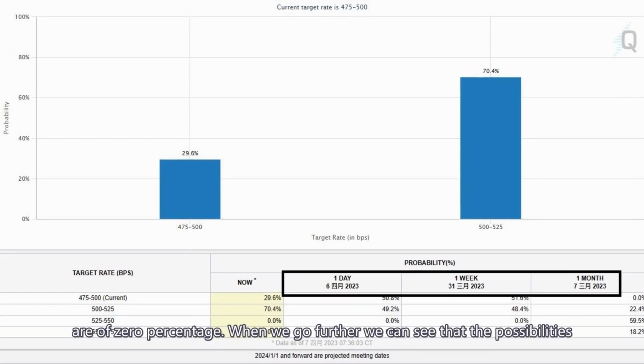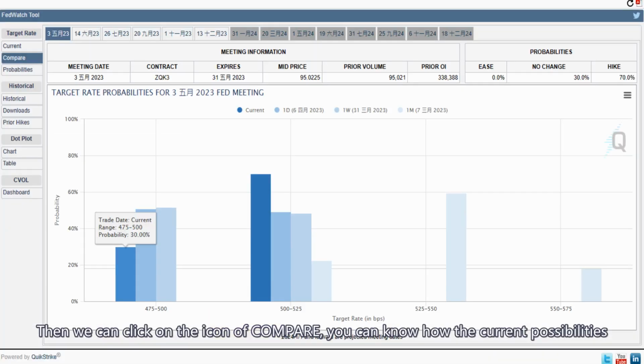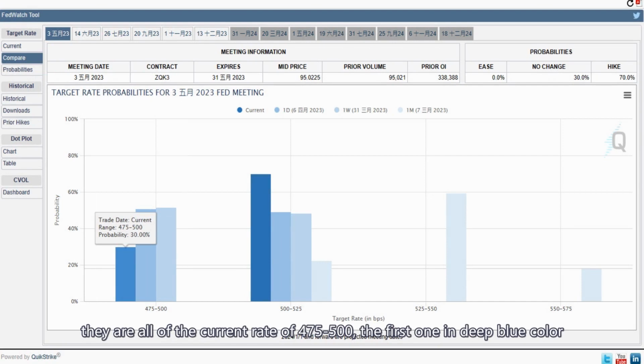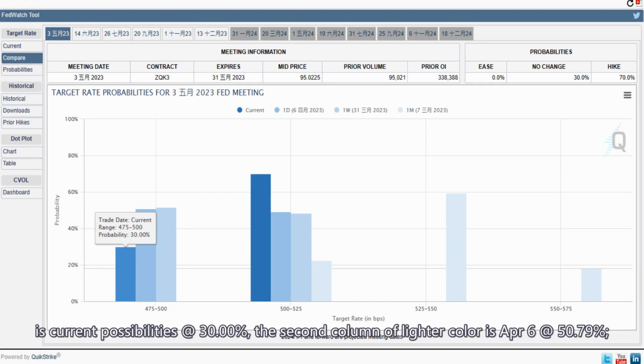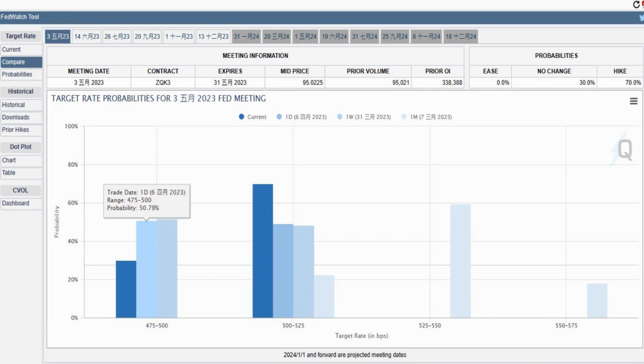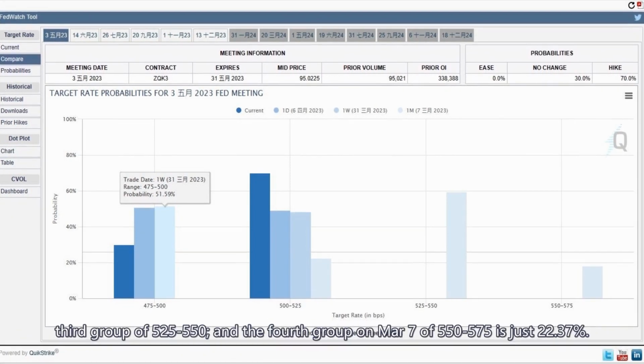When we go further, we can see the possibilities of 1 day, 1 week, and 1 month are all listed. Then we can click on the icon of compare, and you can know how the current possibilities compare with the previous. On the leftmost group, you can see 3 columns. They are all of current rate of 475 to 500. The first one in deep blue color is current possibilities at 30.00%. The second column of lighter color is April 6 at 50.79%. The third column is at March 30th at 51.59%. So investors can read the second group of 500 to 525, the third group of 525 to 550, and the fourth group on March 7th of 550 to 575 is just